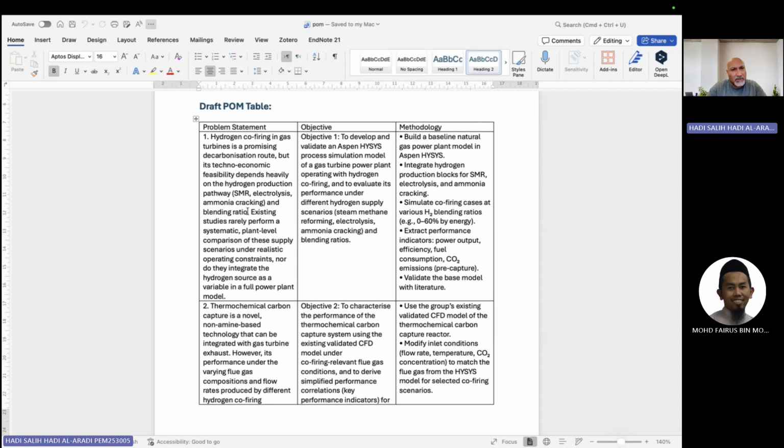I have checked one of the papers. It was talking about the electrolysis, but they were trying to use the electric power to produce by using oxygen only, to reduce the carbon emission and NOx emission. Actually, the main two papers that I have read, I assumed them as anchor papers.